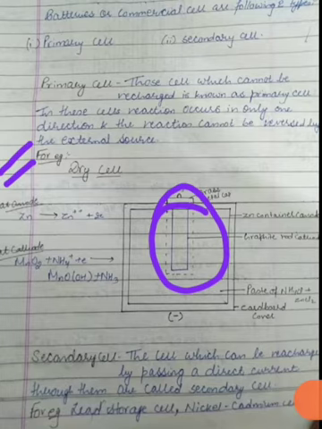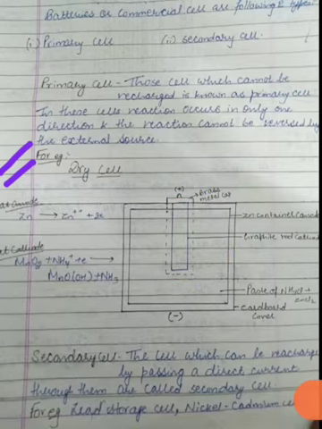The carbon rod is surrounded by a black paste of manganese dioxide and carbon powder. Now students, the dry cell is sealed with wax or other material to protect against moisture and evaporation. Whether you know anything else or not, what you have to basically remember is the reactions taking place at the anode and at the cathode.